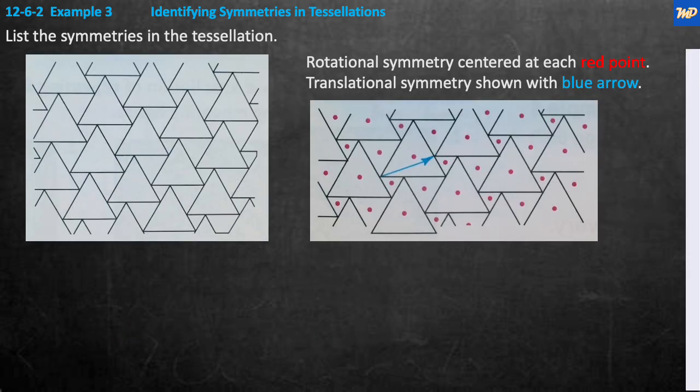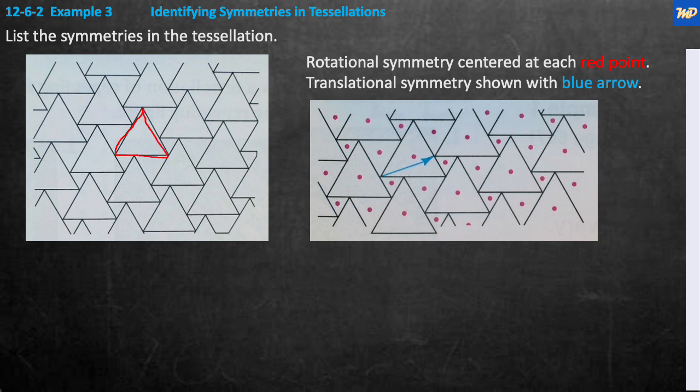Okay, example 3, identifying symmetries in tessellations. List the symmetries in the tessellation. So what are the symmetries that we have in this particular tessellation? Well, we can see that we have rotational, right? So we see all these triangles. Every triangle, I'll just draw on one of them here. Every one of these triangles